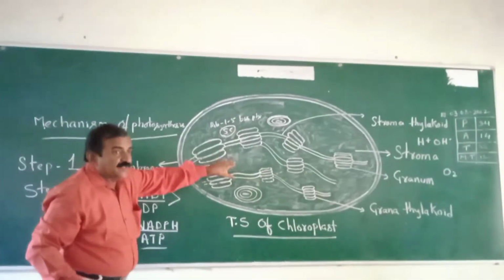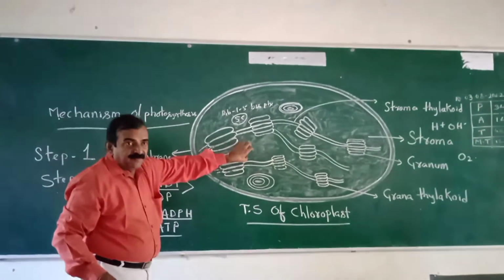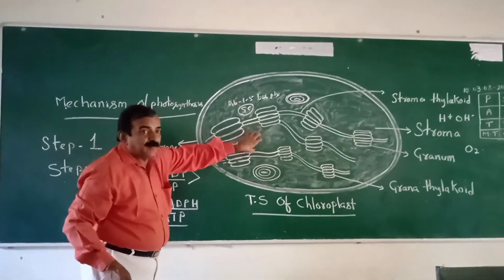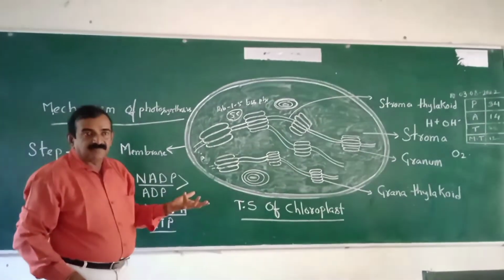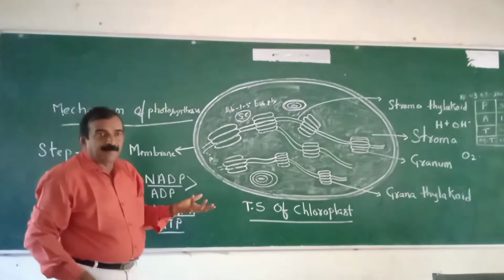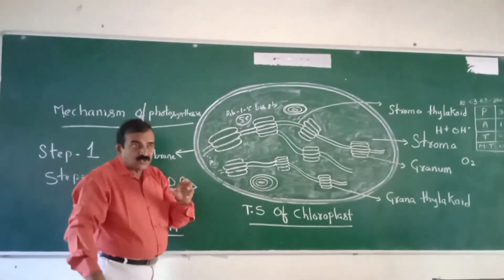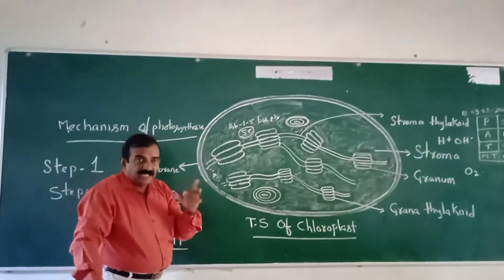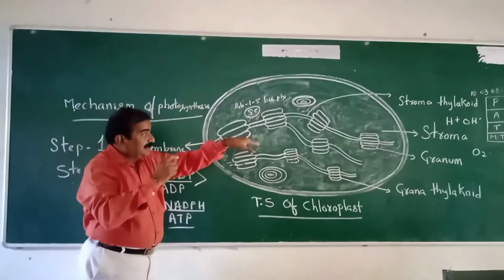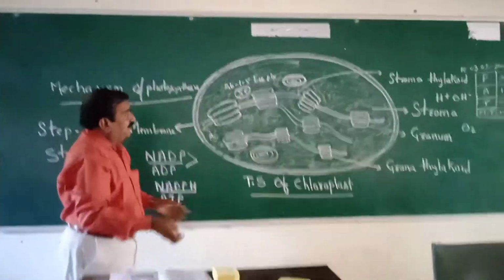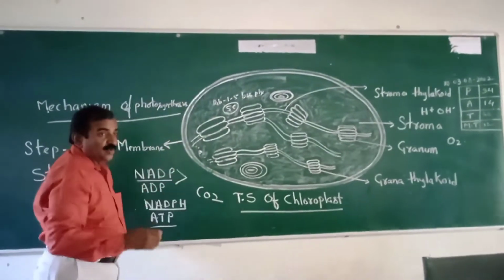In stroma, some materials and some substances are present. And here what takes place? Formation of food takes place. Glucose molecules form. Food molecules are prepared. And how is it prepared? You know stomata. Stomata are openings and these are useful for exchange of gases. So carbon dioxide enters the chloroplast through stomata. So when carbon dioxide, CO2, enters the chloroplast,